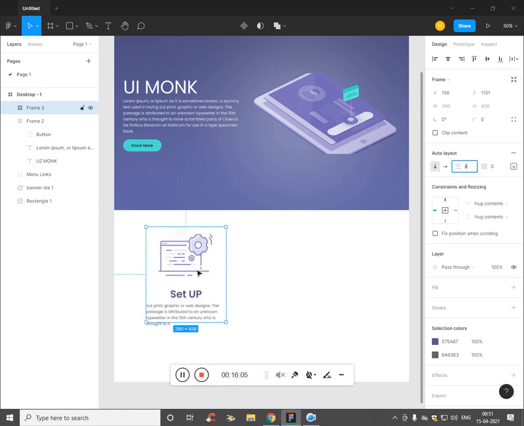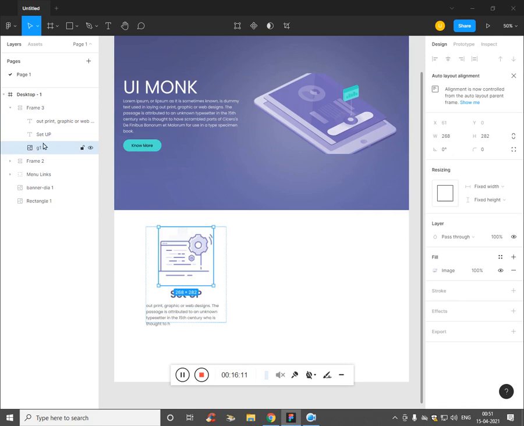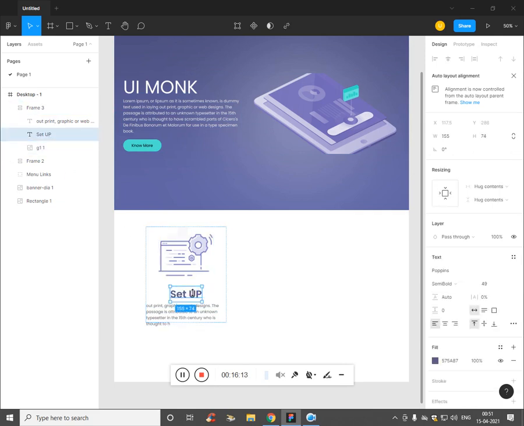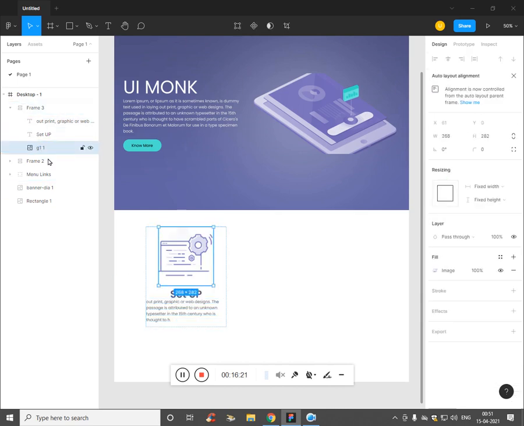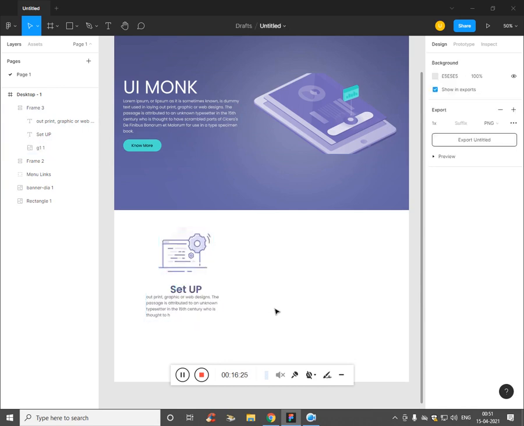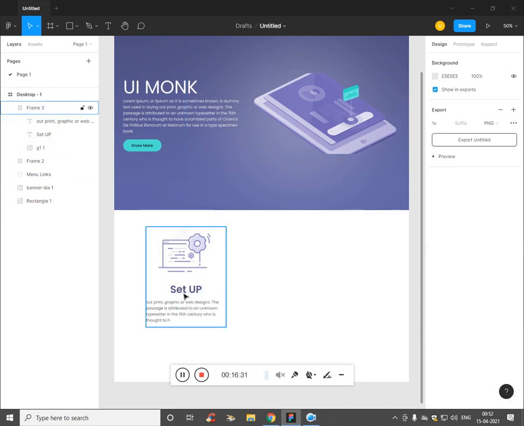To get the space you have to choose one by one. This is the image, this is the setup text, we'll decrease the size, and I think the image is getting more space. Fine, we leave it, and let's add some padding to the bottom.